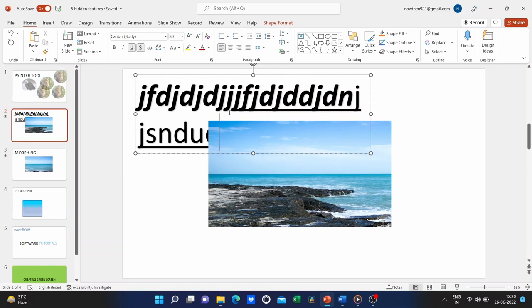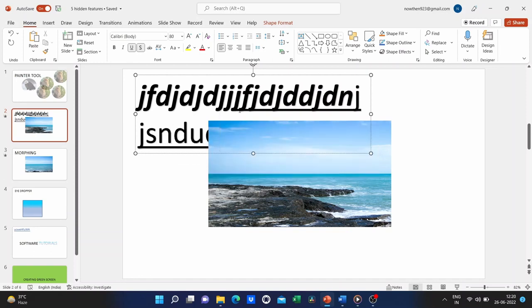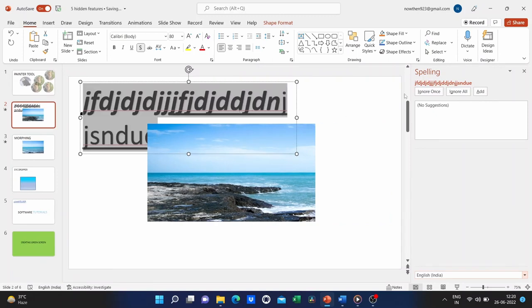My last best PowerPoint keyboard shortcut that I'd like to share with you today is for spell check. As you can see here, I have misspelled a word. All I have to do to start spell check is tap the F7 key across the top of the screen, and it starts up the spell check. I can just go ahead and ignore that, or I can fix it. I just like all of these shortcuts. Of course, I could do that using the mouse. I could just go up here to review and start my spell check.